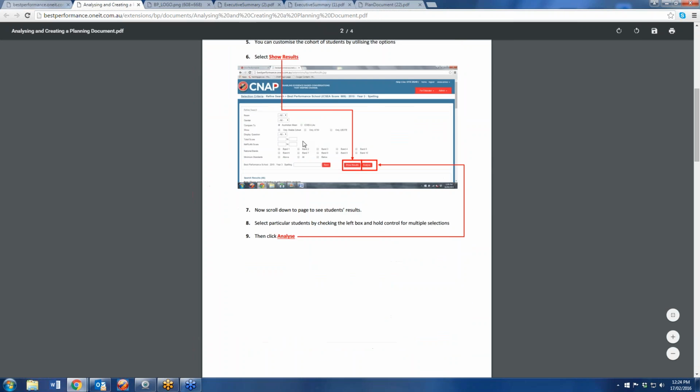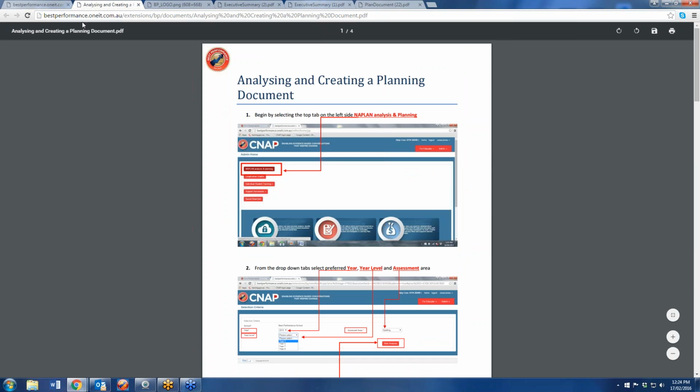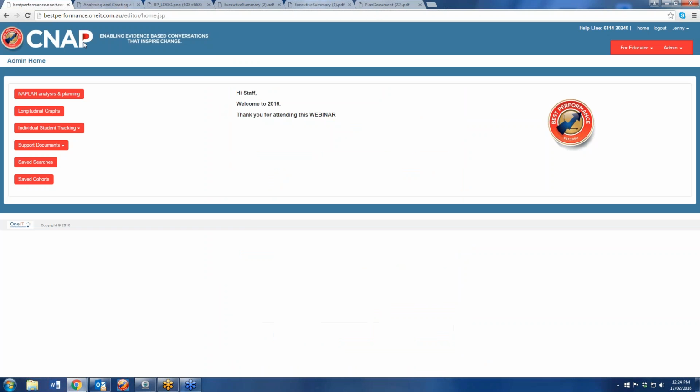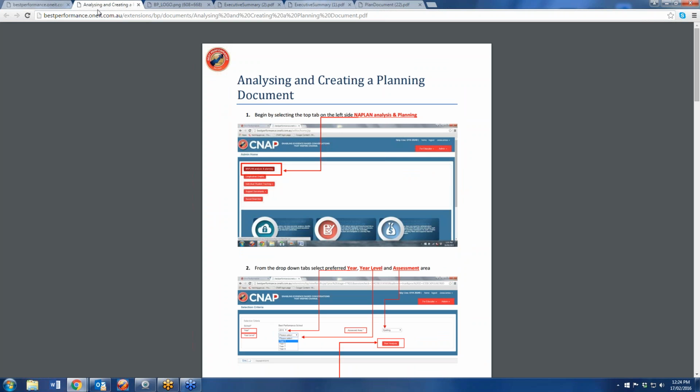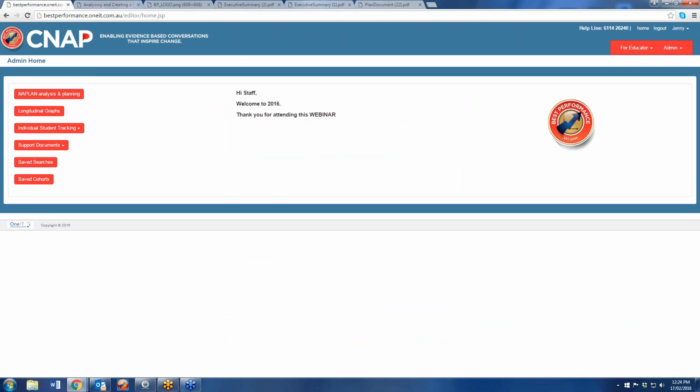So if you ever have staff come to you and ask or mention that they're having trouble creating learning plans based on the data, then from my point of view, the easiest thing to do if you're unsure yourself is to direct them to support documents. And there are a number of different documents in there that are very straightforward and easy to use. So that's there for you as well.